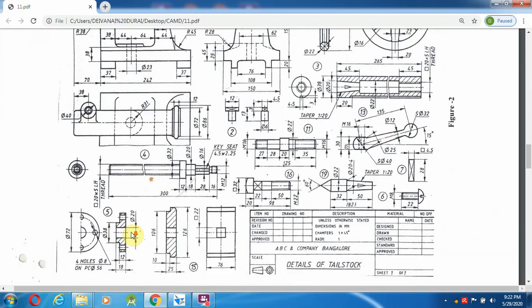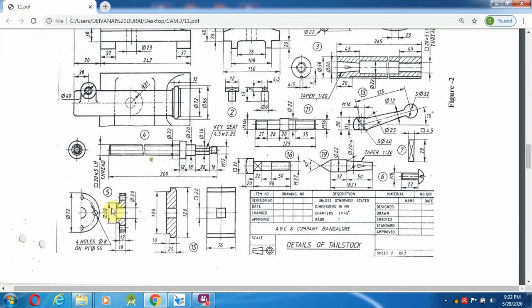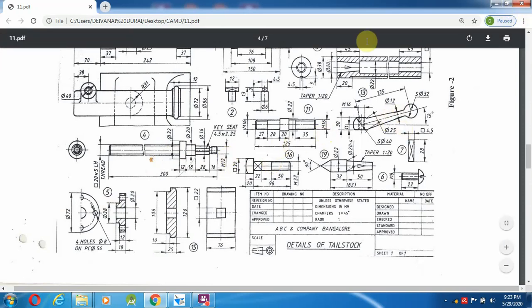The component names: the second component is the feather, the third component is the barrel, the fourth component is the screw spindle, and the last, the fifth one, is the flange. So these four components we are going to do over here.